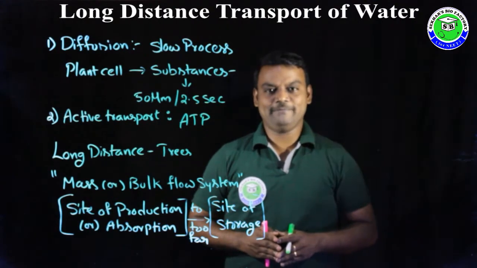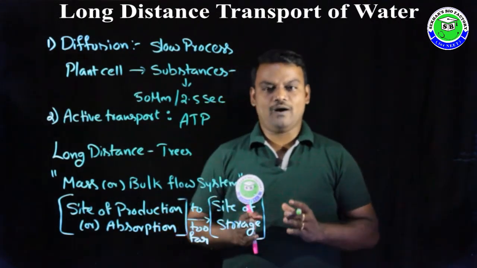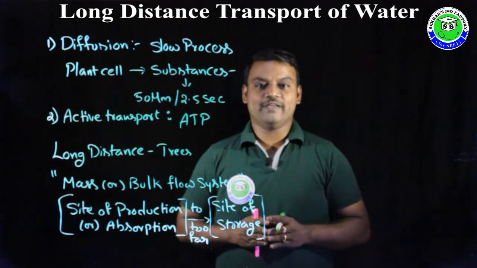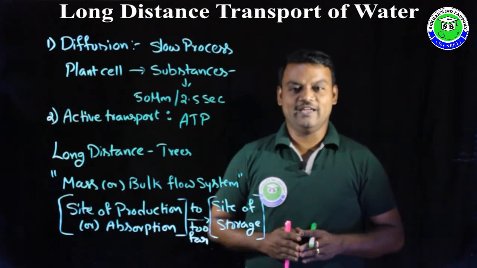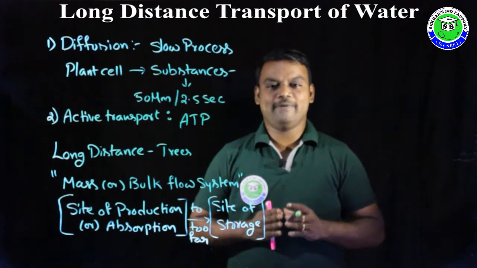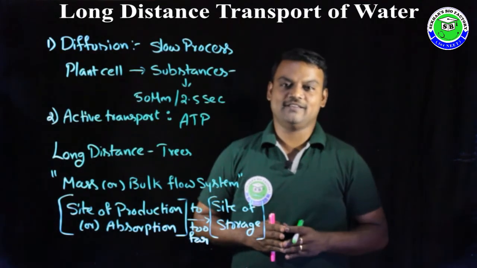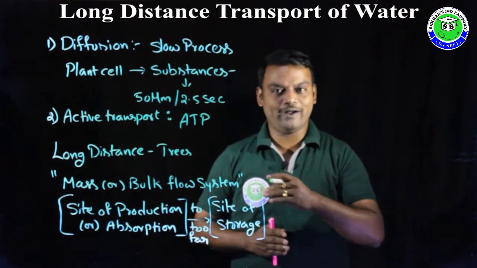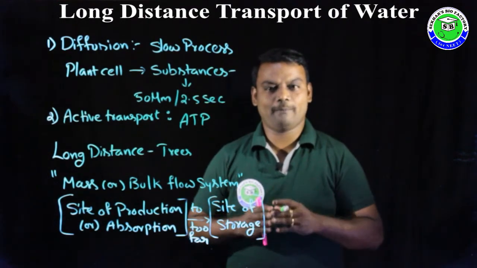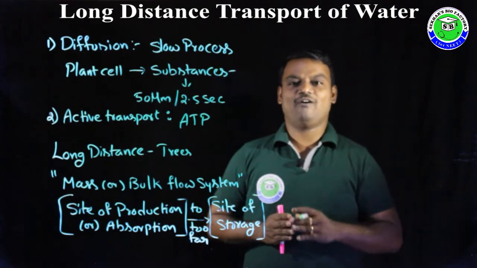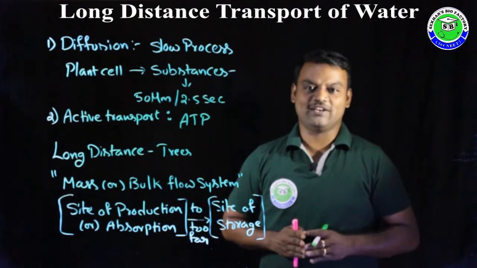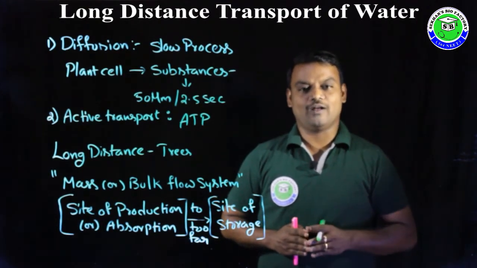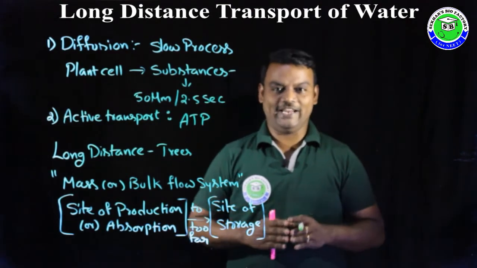pressure. At the same time, the main characteristic feature of the mass or bulk flow system is that in this system, the substances, in case of solution or suspension, can be swept in the same direction, like a flowing river. So in a flowing river, water will be transported in one direction. If any materials are present in that water, all this material also can be transported in the same direction. In this way, in mass or bulk flow system, all molecules or substances are transported in one direction.